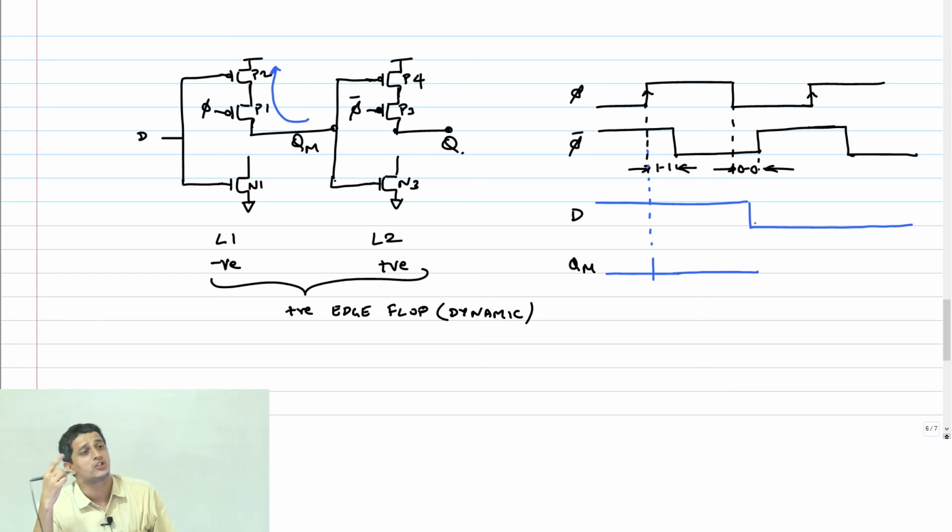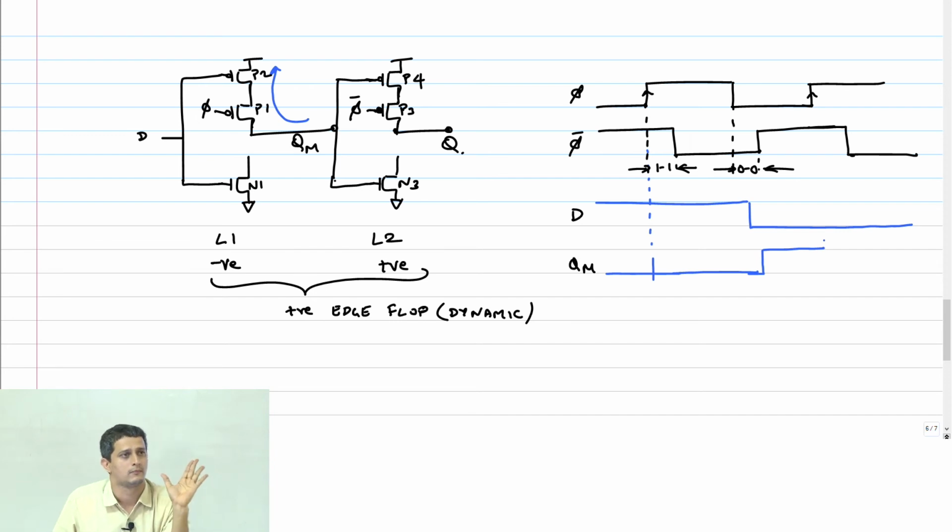But now D has switched, right? And it's going to pull QM all the way up, right? With some delay. Correct? I will not go all the way till the edge. Let me draw it till here. So the change has now percolated to QM. Question now is, can it go further from there?